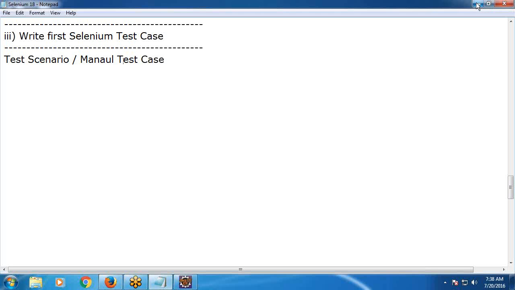Observe our test case name: Verify admin login in GCR shop